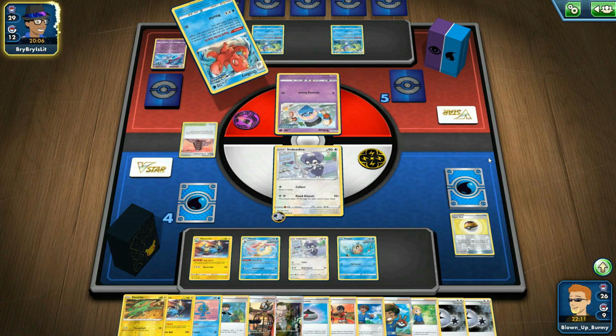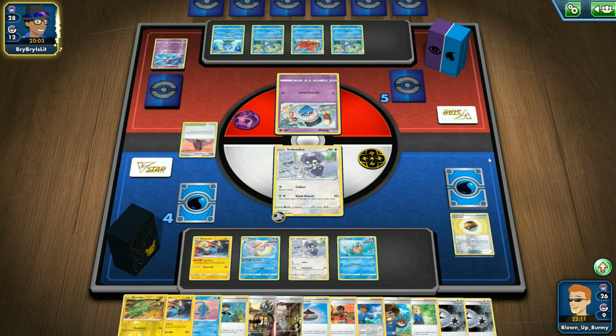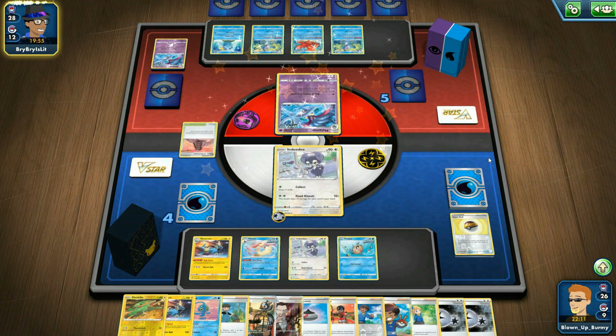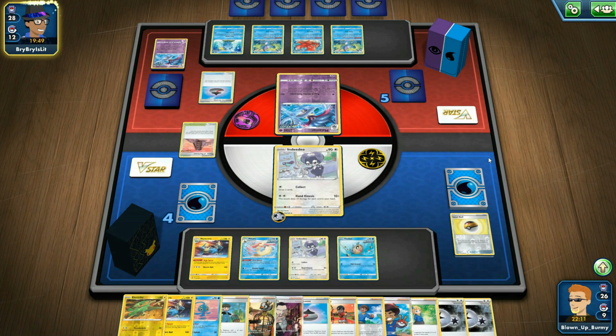If we do boss, we can actually do Qwilfish for boss. So Qwilfish does... if we do double turbo, we can't do a knockout though. If we do twin energy on the Qwilfish, we can do double turbo on Hand Kinesis later, right? So if we...